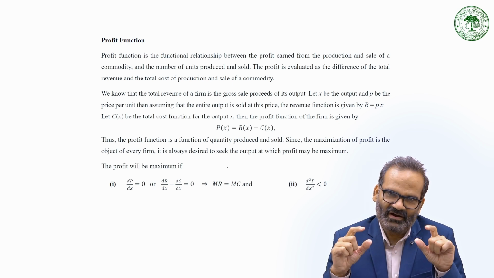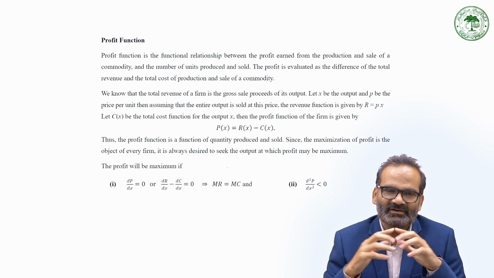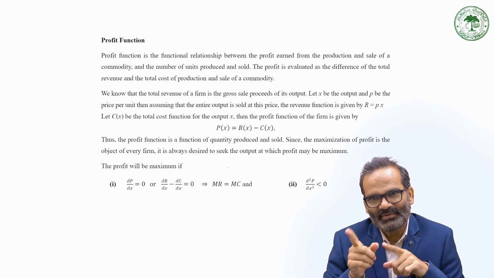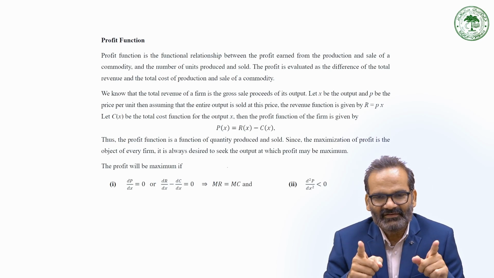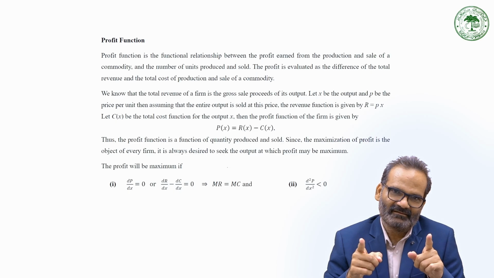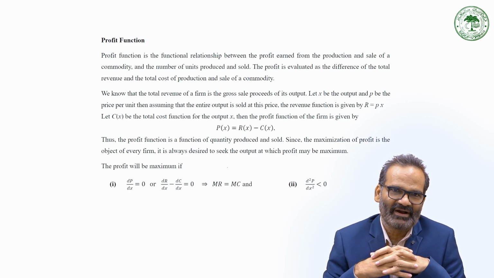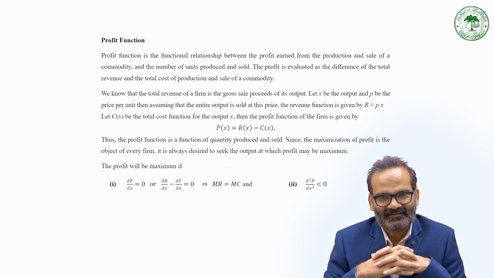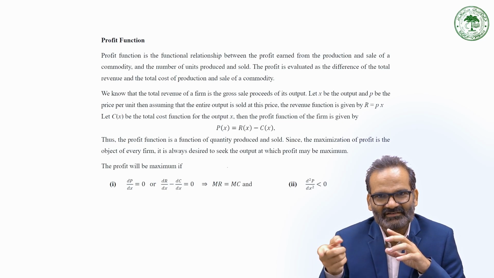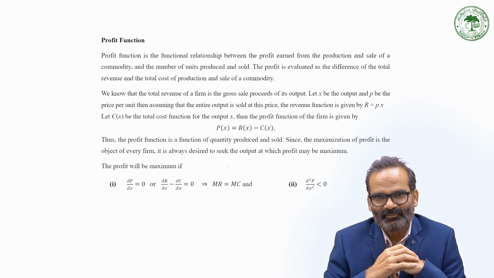So if the profit function is with you, find its first derivative and equate it to 0. It will be treated as an equation. Solve this equation, you will get certain stationary points,